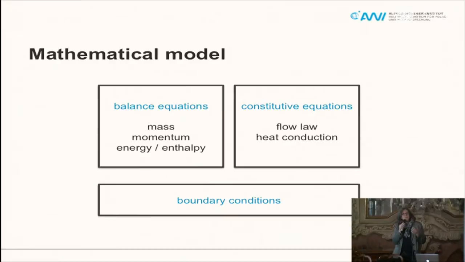For example, if you have a company producing chocolate and you want to compute how your liquid chocolate moves in your pipes, this is the same type of equations. It's also the same type of equations that you use to estimate how long a bridge would last if it's made of concrete. So you have balance equations for mass, for momentum, and for energy or enthalpy. And this is actually only the system that's described. It's not yet the material. So you need to close this equation system with a material description. That's what we call the constitutive equations. So you then describe the material ice and how it deforms.